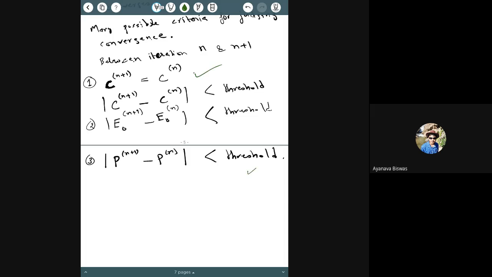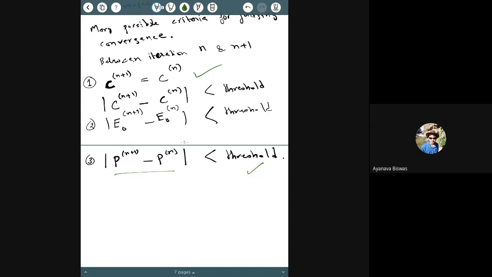Now, this one, meaning the density difference in the density matrix, is actually less sensitive than C. So if you manage to do C, you would get the best converged wave function. If you did the difference in the densities, that would be C star C, you would get a little worse. And if you just take the convergence with respect to energy, you would be less certain of your answer. However,